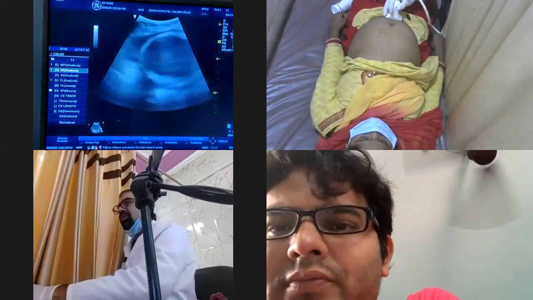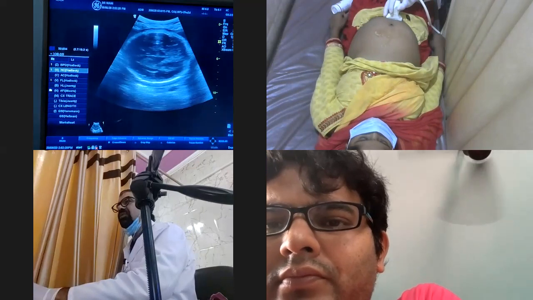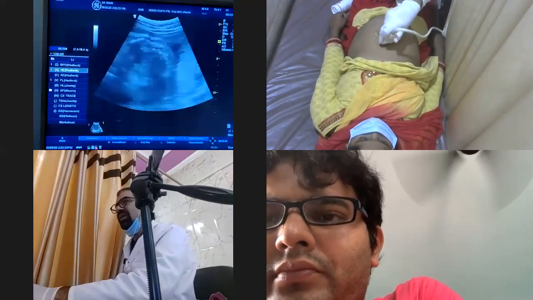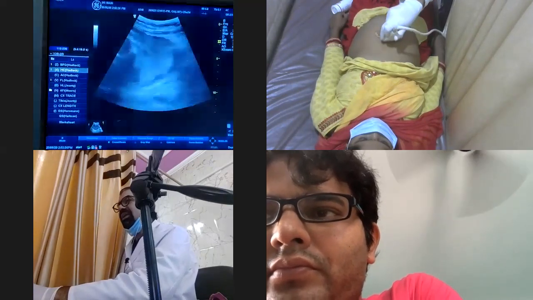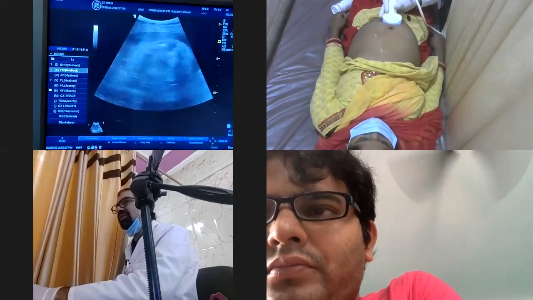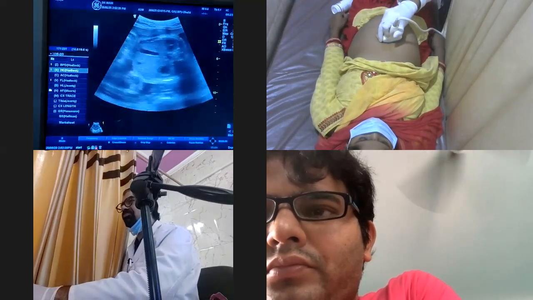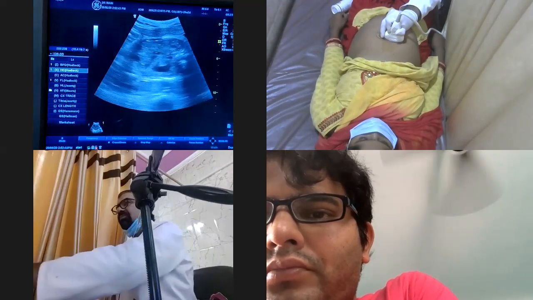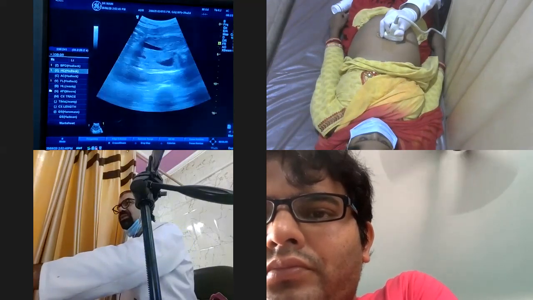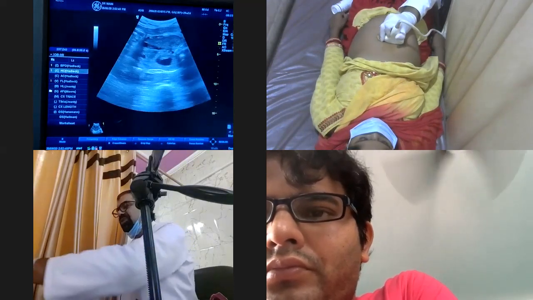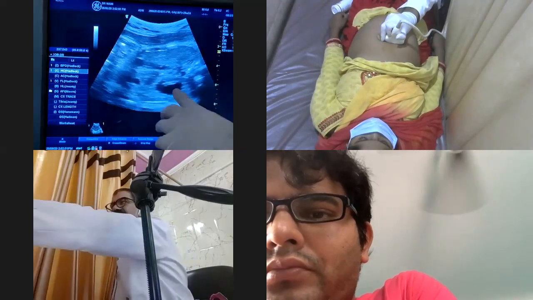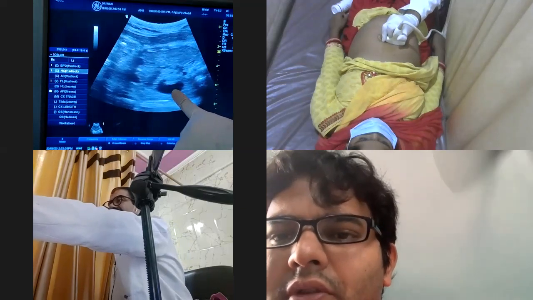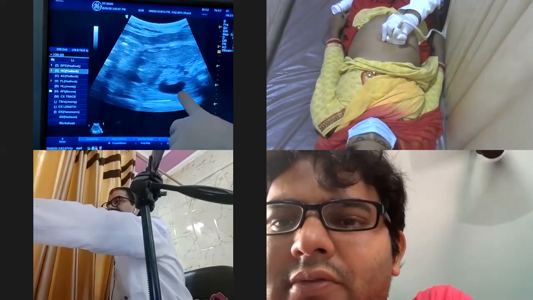So now let us see if her AC is also corresponding. Now I am again repeating, if head is here, femur I got here, the AC will be in between. Now let us see what is the abdominal circumference. Very beautiful picture of the abdominal circumference over here. Why? Because I am getting everything in one section in this patient. What I am seeing, what is this? Double bubble. Not double bubble, stomach bubble. Okay, so this is stomach bubble.